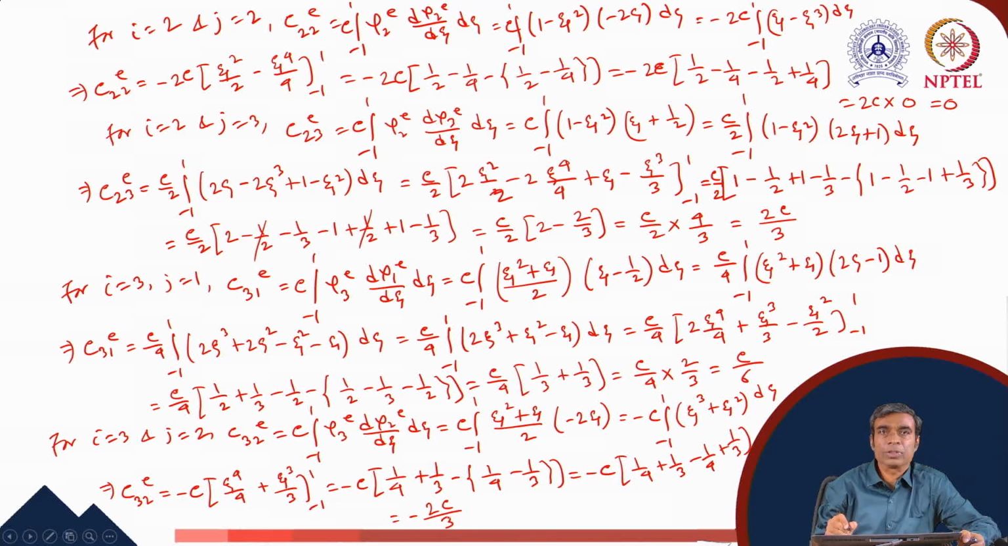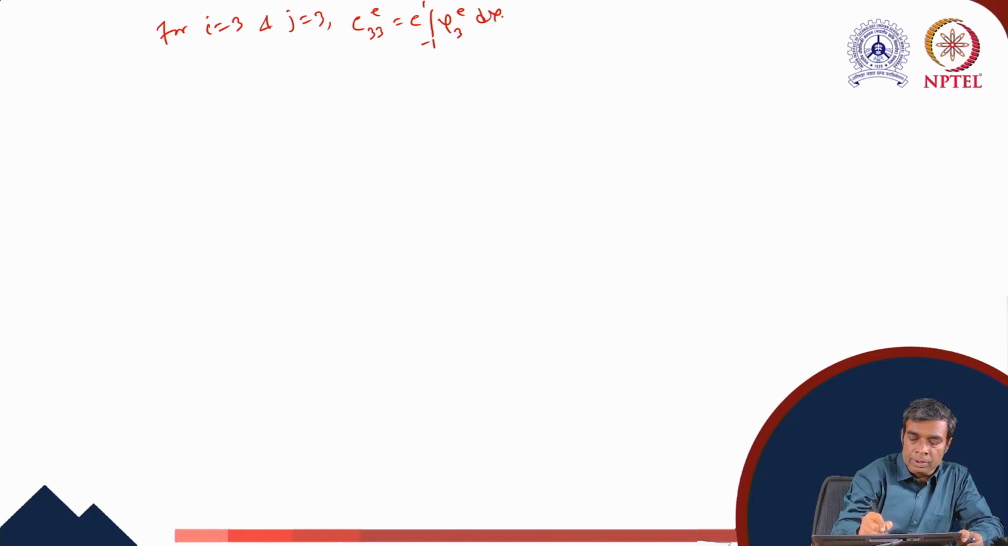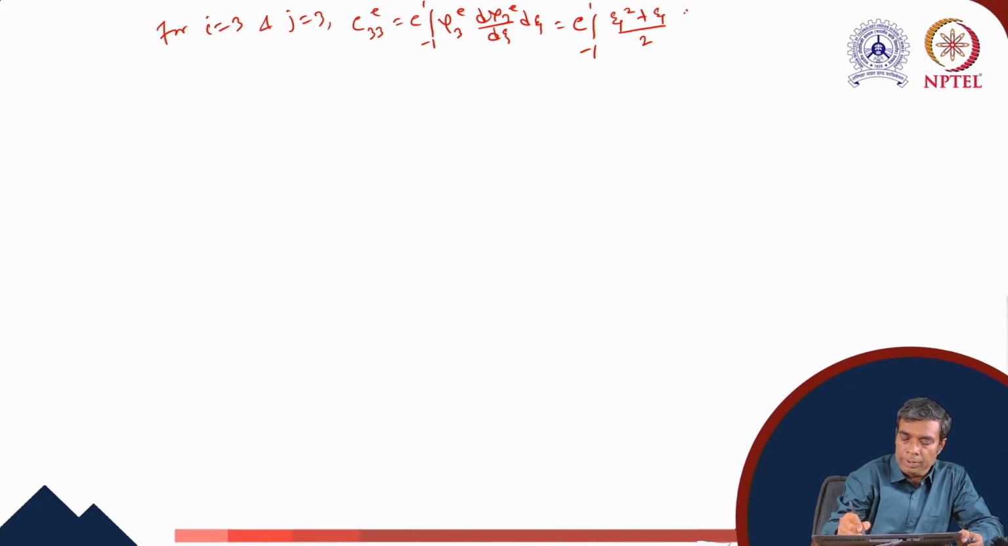We are left with the last term of the diagonal in the third row. So for i equals to 3 and j equals to 3, C33e equals to c into integration from minus 1 to 1 psi 3e d psi 3e d xi equals to c into integration from minus 1 to 1 xi square plus xi by 2 into xi plus half d xi. So this gives us